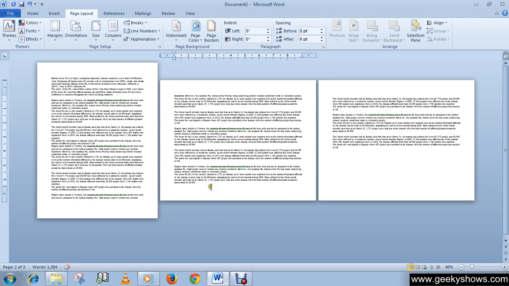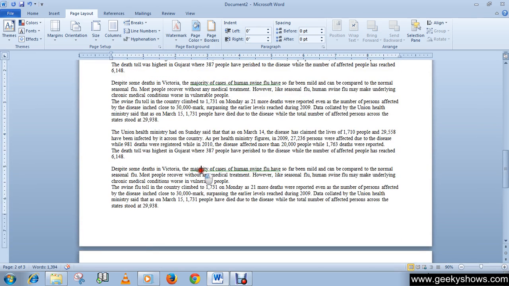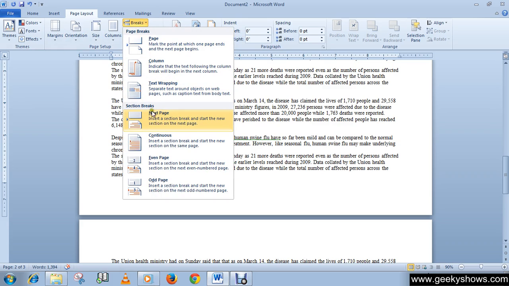So what I will do next is, this is my page number 2, you can see here. Place your blinking cursor over here, then go to Break, and once again use the Next Page option under section break.